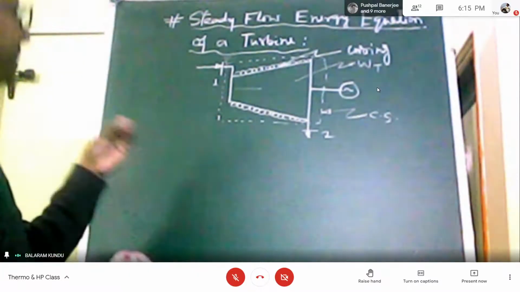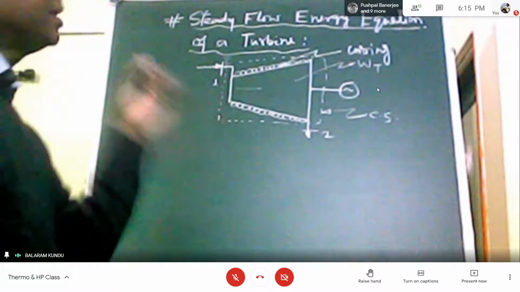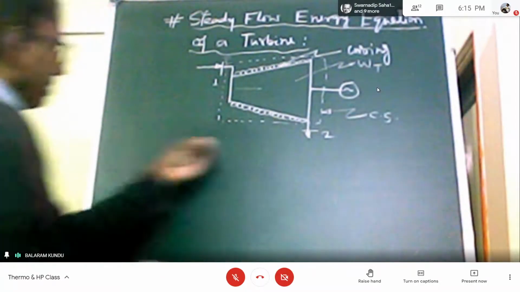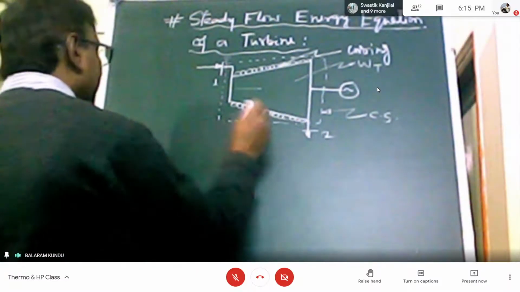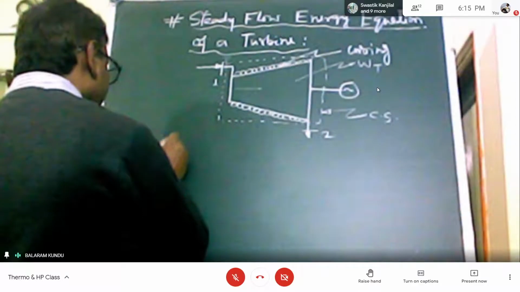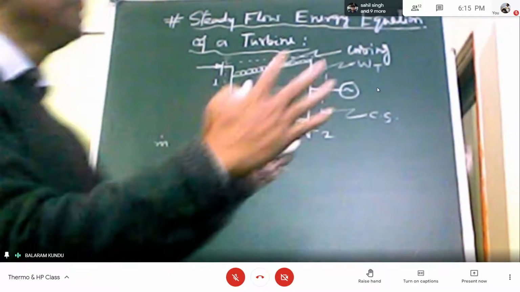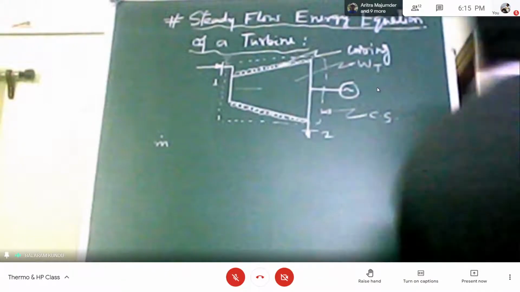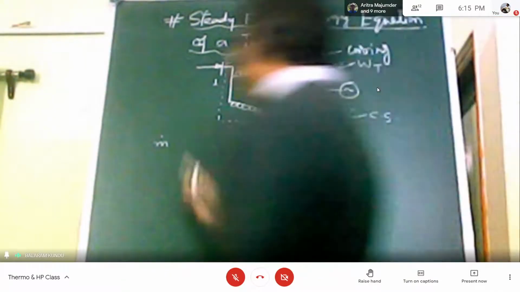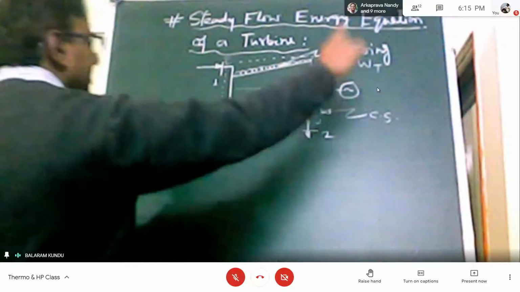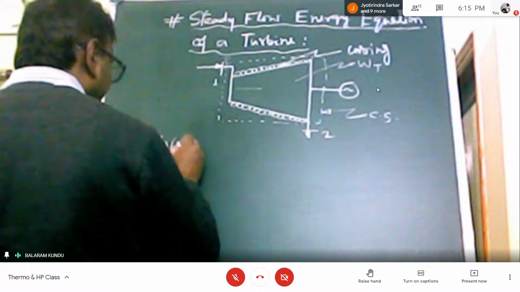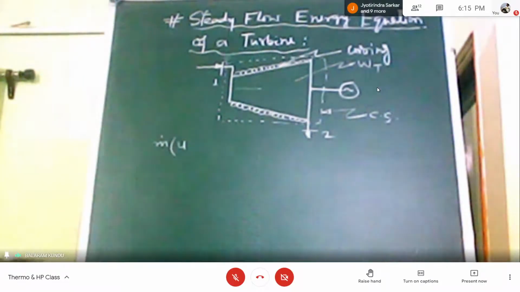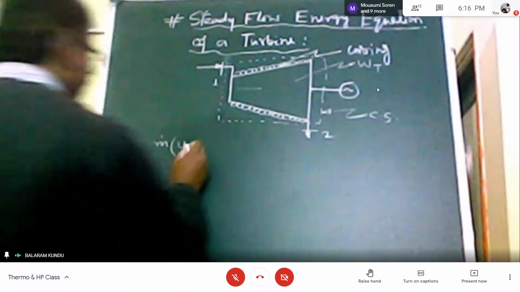So energy entering the control volume is m dot, the mass flow rate of steam or working fluid, into the specific internal energy at the inlet section, U1,